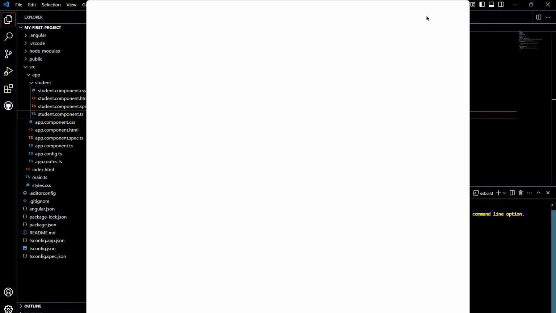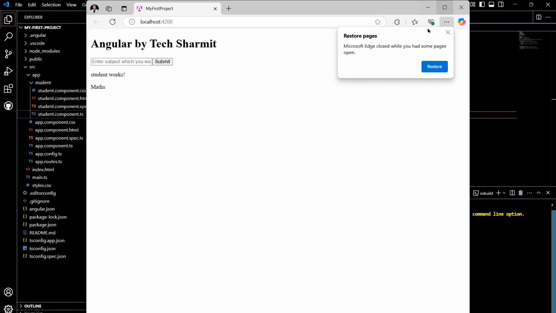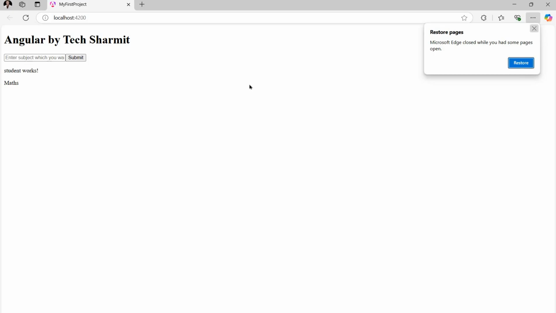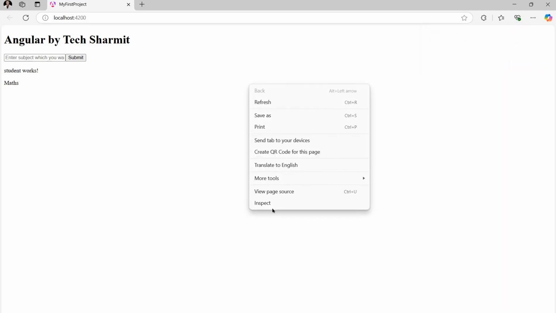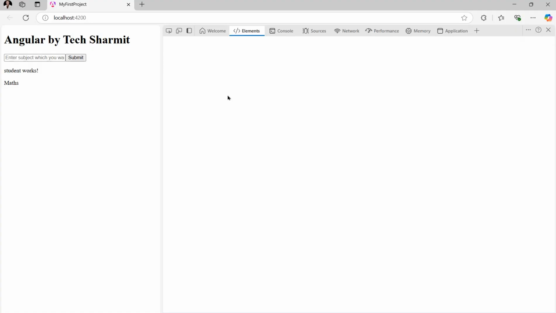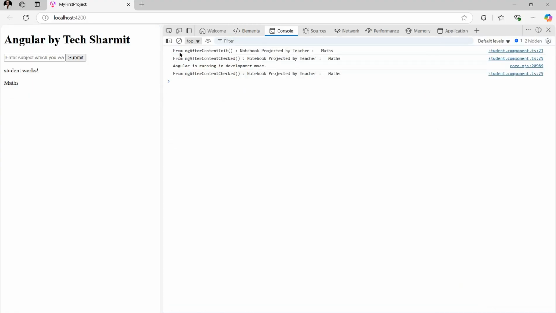Yes, so the browser is open. Let me show you. Let's go to inspect, then go to the console. Now you can see that firstly it prints the message from ngAfterContentInit: notebook projected by teacher is maths. After that, you can see this init method is invoked only one time. Now for the second one, ngAfterContentChecked: notebook projected by teacher is still maths, because this function will also get invoked